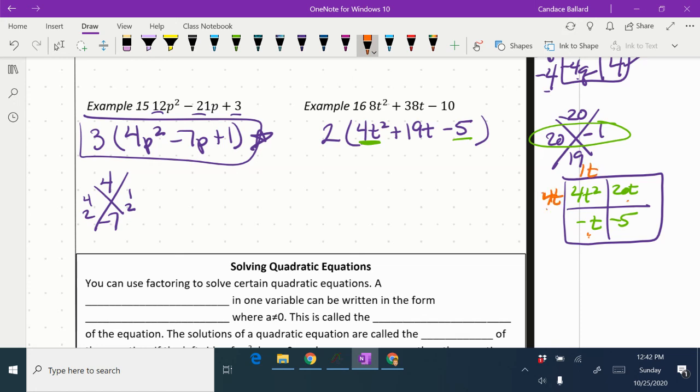So 4t divides 20t 5 times. 1t divides negative t negative 1 times, and then I check, negative 1 times 5 is negative 5. So I'm going to remember to drop down my 2, and then I'm going to write t plus 5 times 4t minus